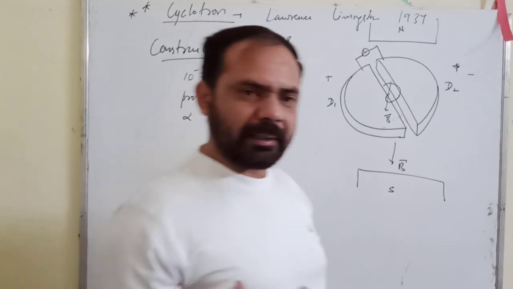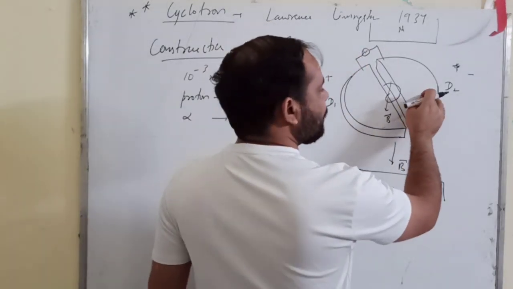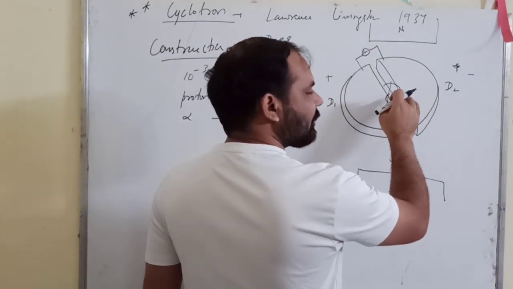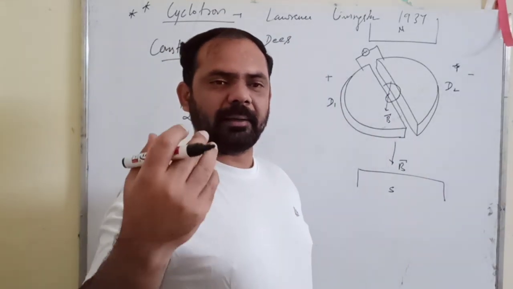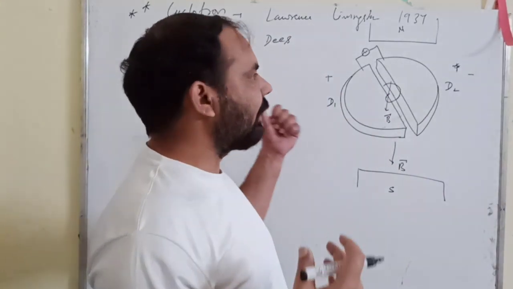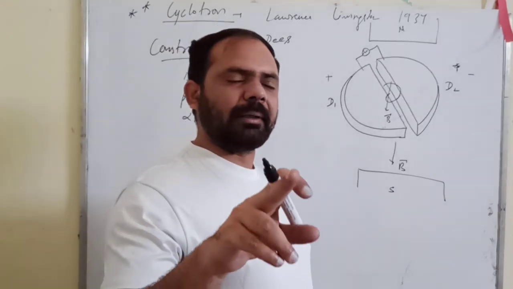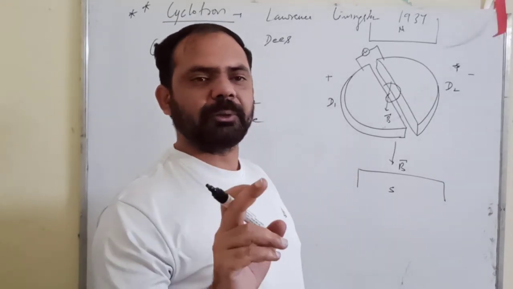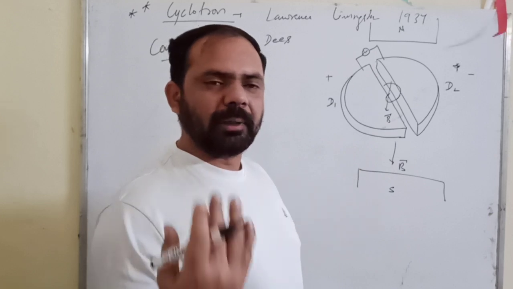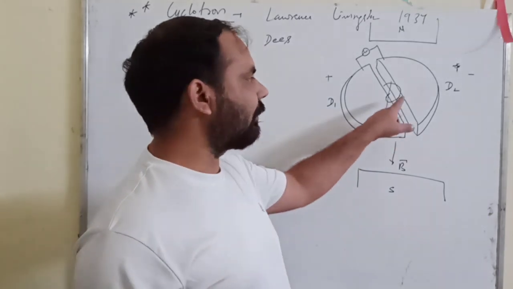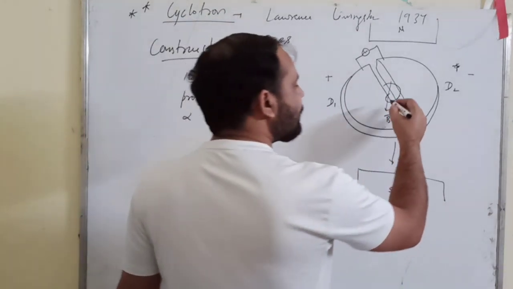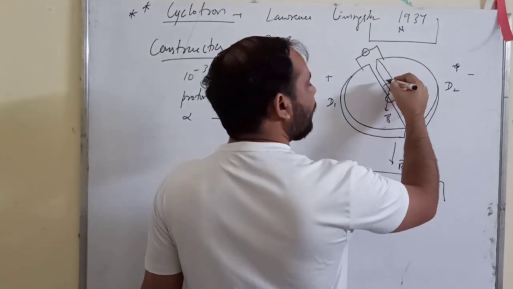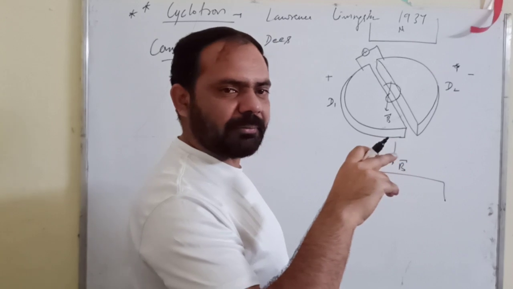Okay, there will be an acceleration because this electric field is exerting force on this charged particle, so it will accelerate. If it accelerates, it will gain velocity. But what we studied earlier is that the time period of revolution, or the angular velocity, does not depend on the velocity and does not depend on the radius. Why? Because this increase in velocity will be compensated by the increase in radius of the circular path.